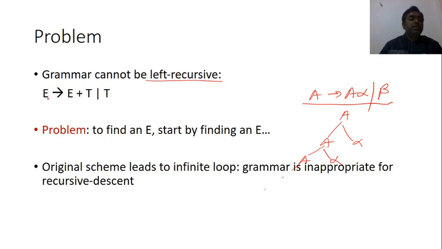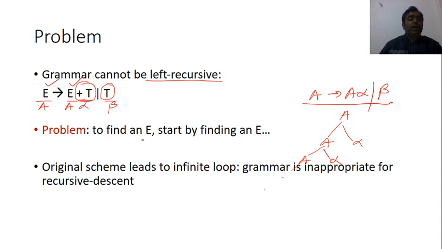Now you can see here this grammar is also written in this form: E raised to E plus T or T. Here this one is A, this one is A, this one is alpha, plus T is alpha, and this one T is beta. Remember that this symbol and this symbol should be same. That's why I am writing here A raised to A. This one is A, alpha becomes the remaining part of this, that is plus T, and this one is T, that's why it becomes beta.